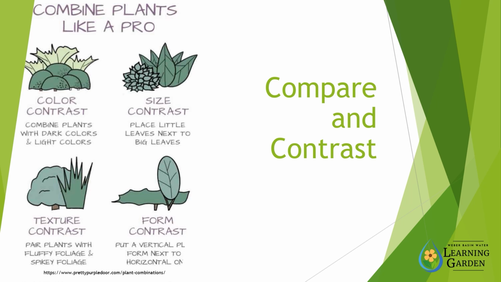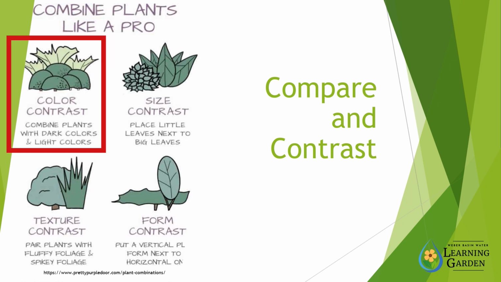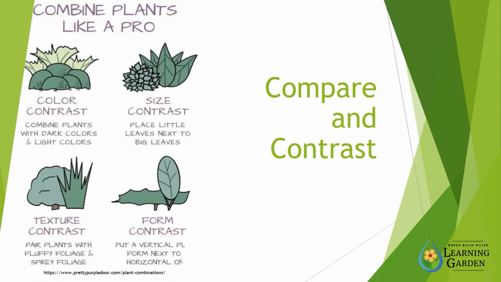I found this diagram online and I absolutely love it. It just shows how easy it is to use different plants together. I love to use contrast as a way to create interest. Using color is a great way to do that. You can use color as in lights and darks and the shade of the same color, or you can use complementary colors, and we'll talk about that in just a minute. But using the size of the leaves, the texture of the plant,